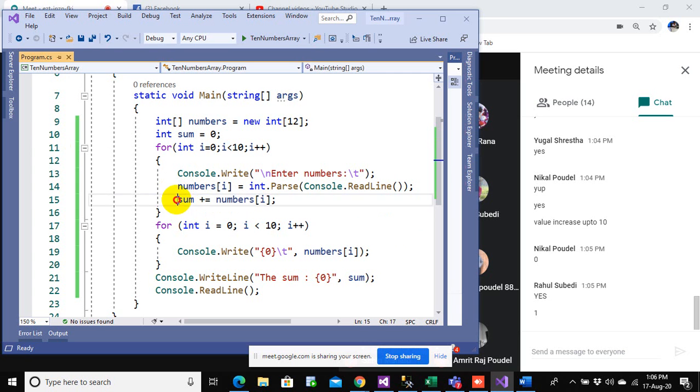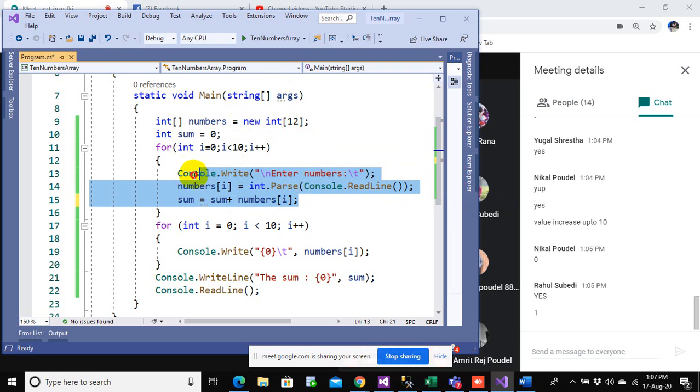So, and now what is it doing? Do you get it now, everyone? What is it doing here? This is calculating. This is the same as saying sum plus 1. Let us say the first value that I supply is 10. So this will be 0 plus 10. Now the next value, if I supply 20, then this will be 10 plus 20, which is 30. Again, if I supply 40, then 30 plus 40. So the sum will be accumulated inside this variable.